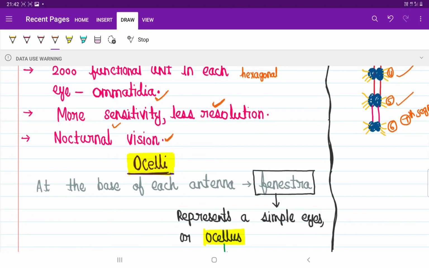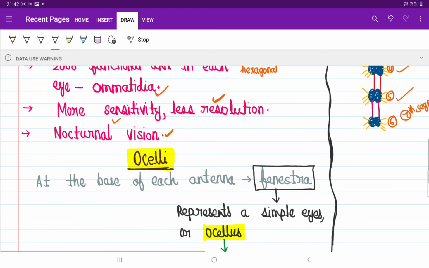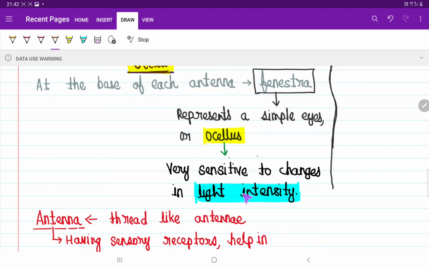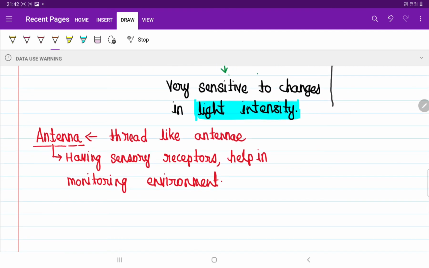Then you come to the simple eye. This simple eye is not for visualization. They are present at the base of each antenna, right? We call them ocelli. These ocelli are very sensitive to changes in the intensity of light. They are not for vision. And then they have one pair of segmented, thread-like antennae, which have sensory organs that help in monitoring